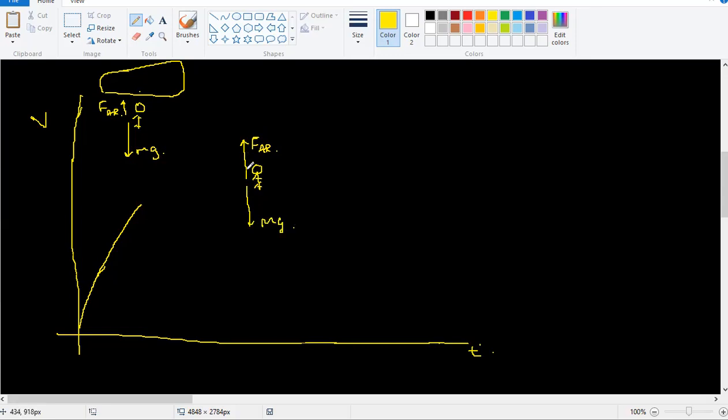So this is increasing. Since this is increasing and the force is decreasing, the net force is decreasing, because this is the same but this is increasing, which means the net force is still going to be acting downwards. But the problem here is, since this is higher, it will try to come something like this.